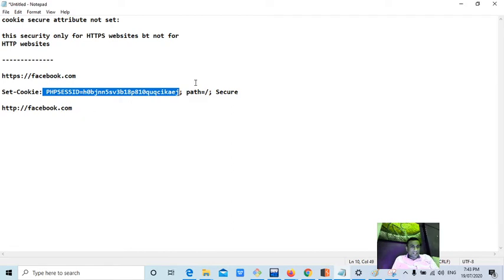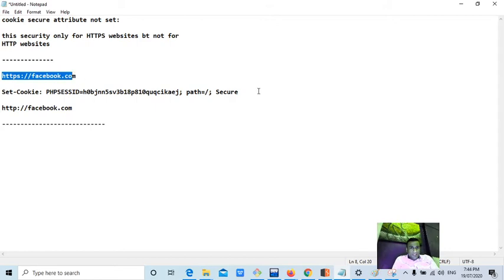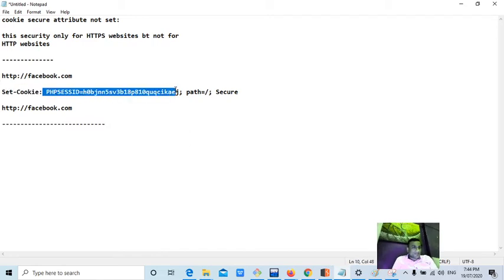So we are making sure that with the help of the secure word, your cookie is only sent over HTTPS. In just two words, that's the thing. If the secure word is set, your cookie, meaning the session ID, will be sent over HTTPS only. By mistake, if you try to open HTTP, then your cookie will not be sent to the server.